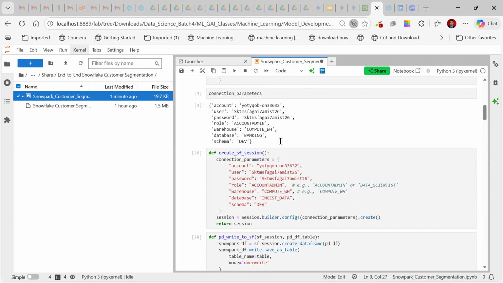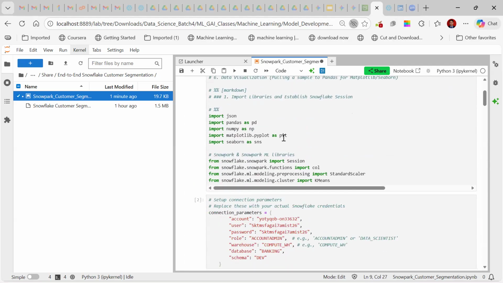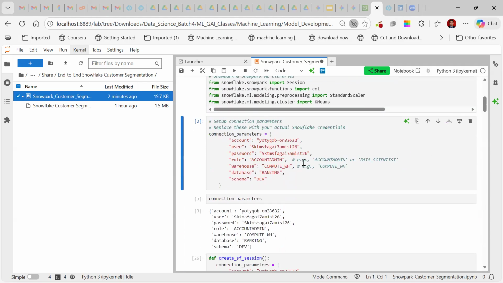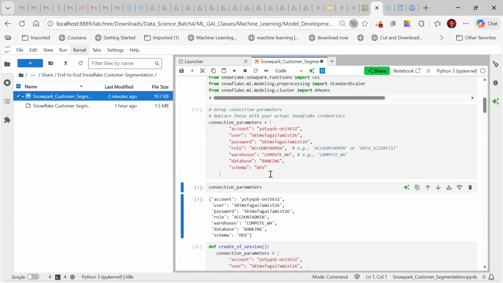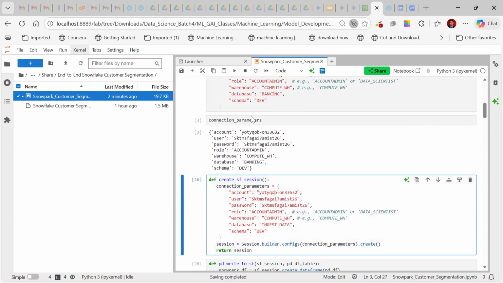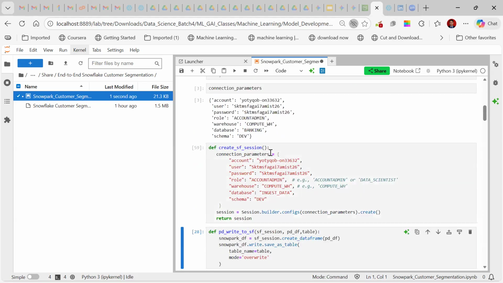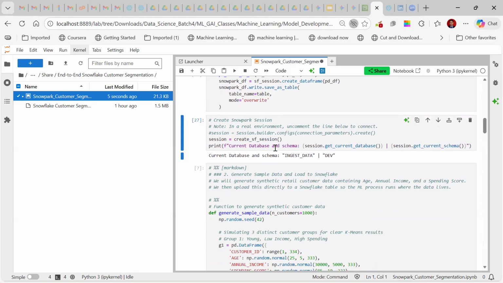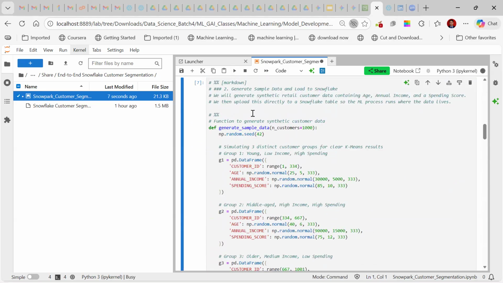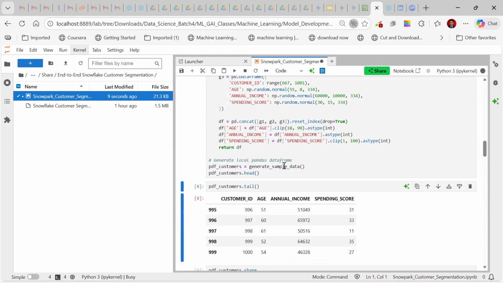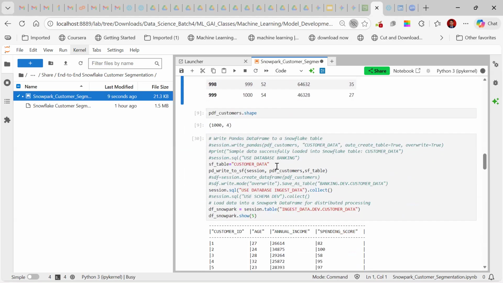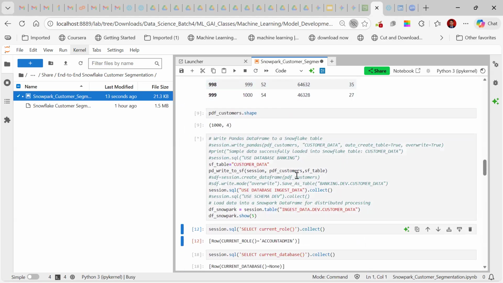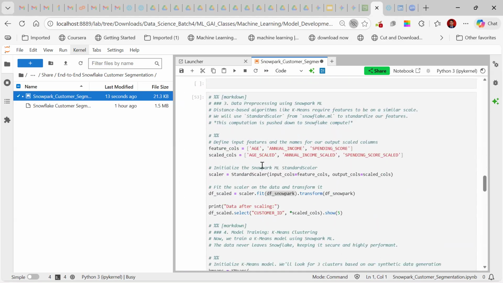Let me run. Okay, the session went out because it is not working. Let me rerun. Overwrite anyway. Create session. Create sample data. Now it should work.